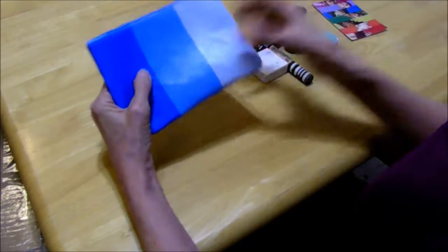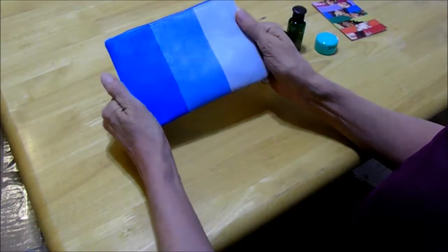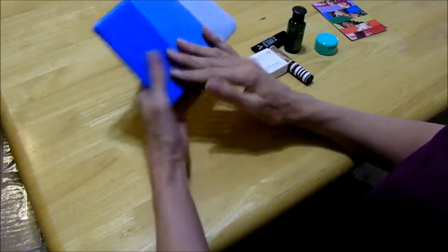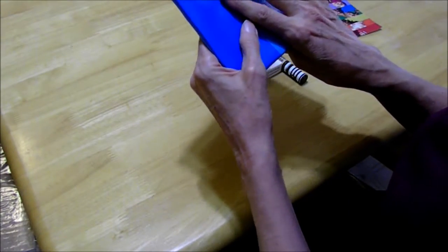So this bag, I really like it. It's like a vinyl type material, and what's nice about this is that,